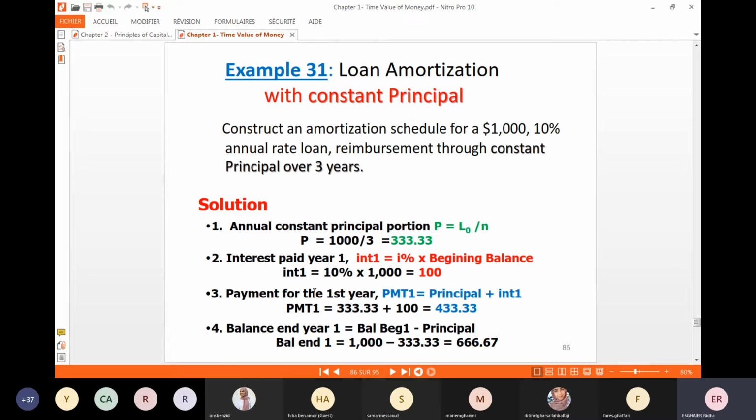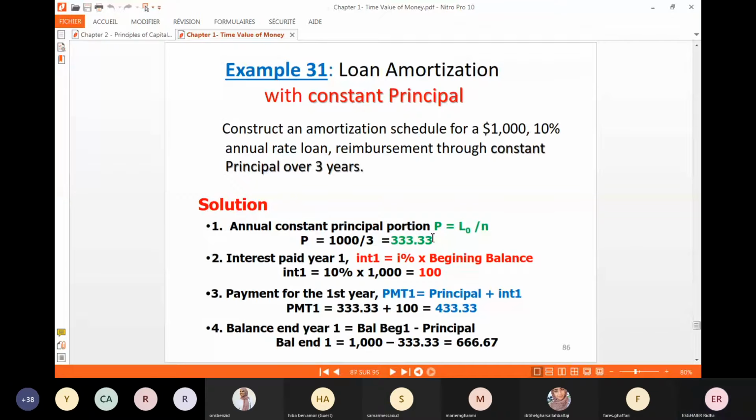We are asked to construct the amortization schedule for $1,000 when the interest rate is 10% and the reimbursement is through constant principal over 3 years. The reimbursements are annual in this case, the basic case. So here, the first thing to do, like in the case of reimbursement through constant payment where we start by computing the constant payment, is, since the reimbursement is through constant principal, to start by computing the constant principal. So constant principal is L0 over 3 annual constant principals,